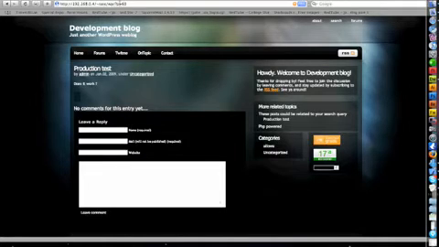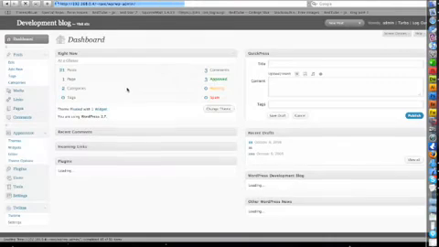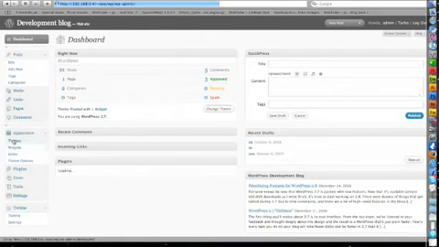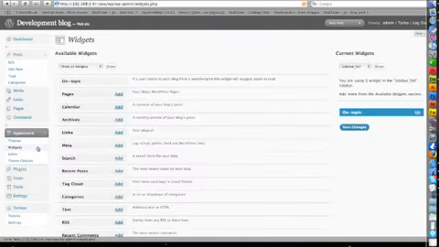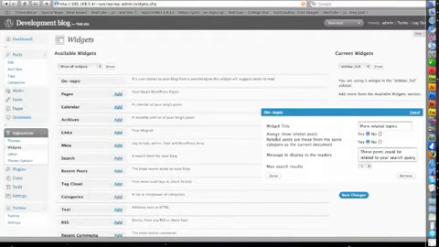Now, if we log in to the administration section of WordPress, let me do that now. You will notice when you go to appearance and then widgets, and we go to the configuration settings of TwitMe, that we have added two more options. That's always show related posts. If this is off, then the